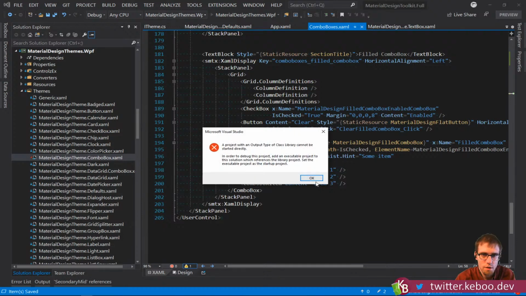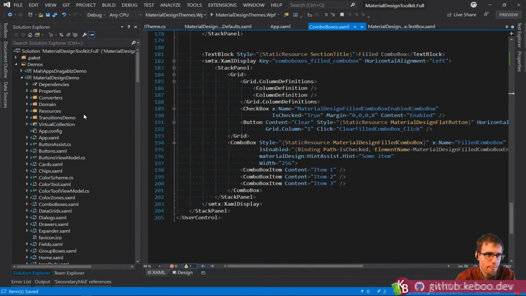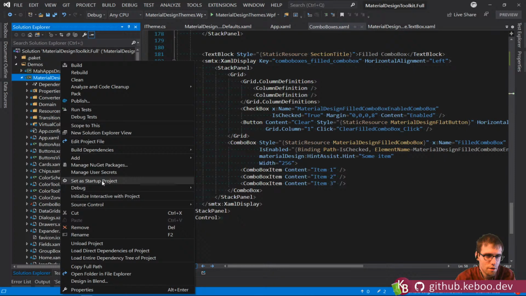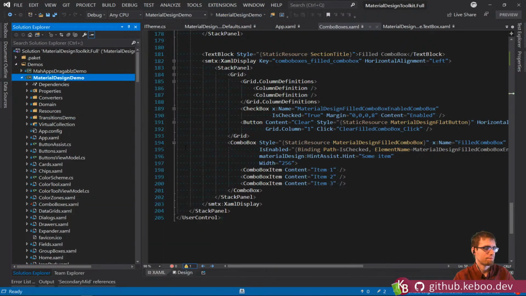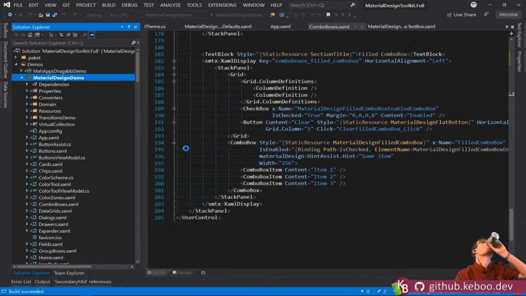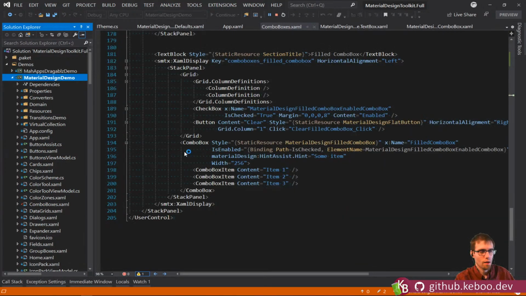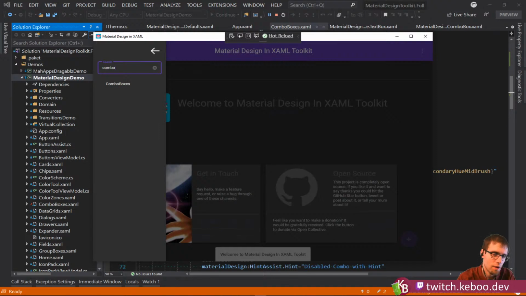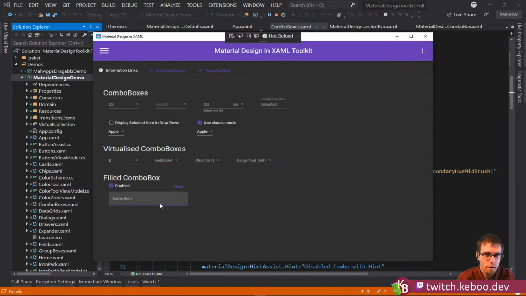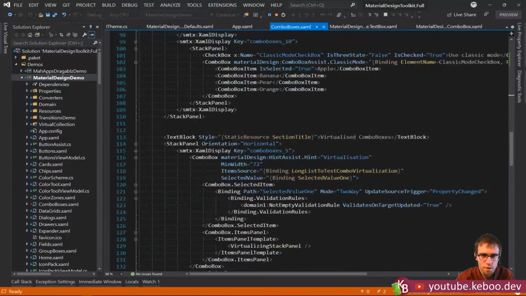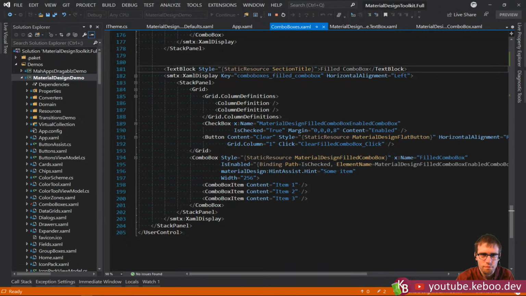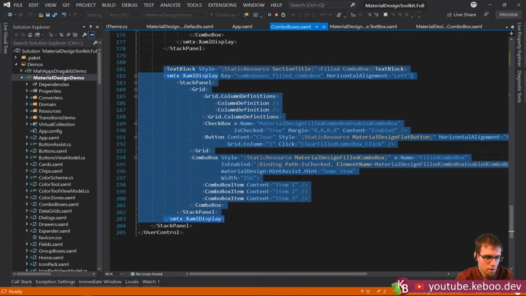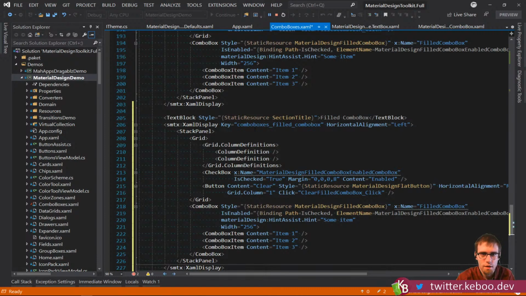Okay, let's, what do you mean output library? Oh. Set a startup project, please. Fire up the demo. This may be where I end up calling it for now. I'll check in what I've got, and yeah, so I'm thinking below filled combo boxes we want to drop in one more. If we go down to the bottom, yeah, I'm thinking we want to do something like this, where we do